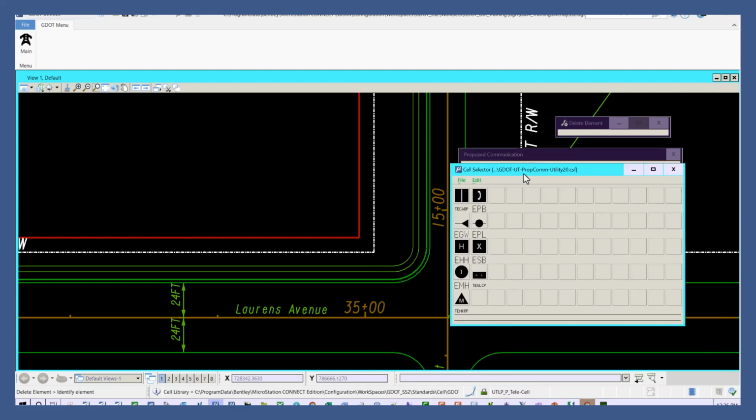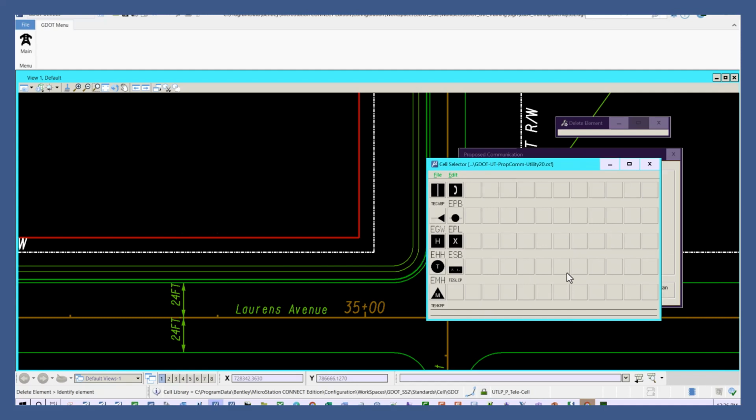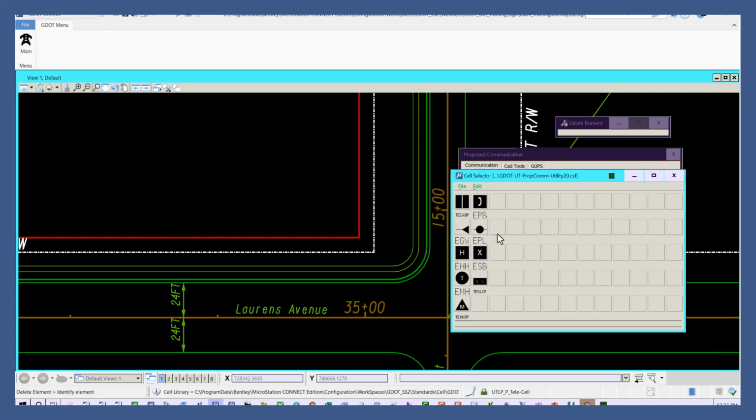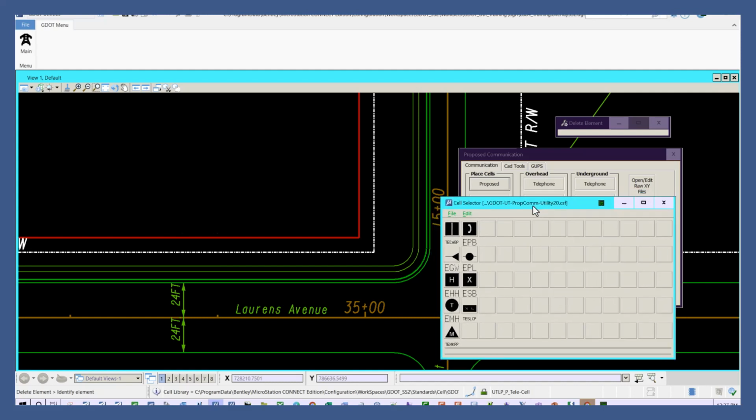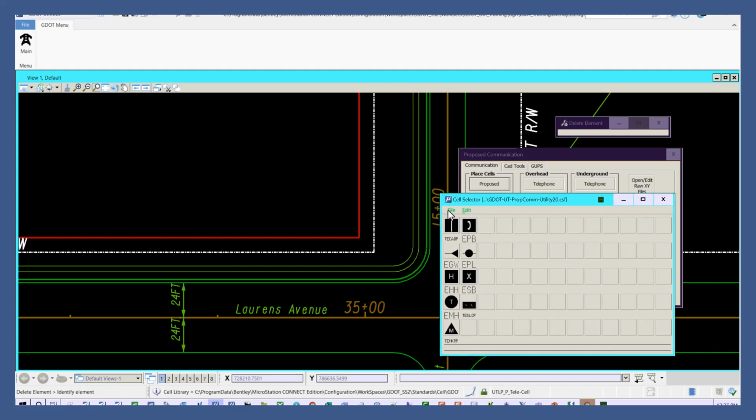So this dialog here is the cell selector. The problem is this cell selector is specific to the communication utility. It only has communications items. And each of the cell selectors for each utility is like that. They're specific to each utility. In order to gain access to the required right-of-way cell selector, select the File, Open,